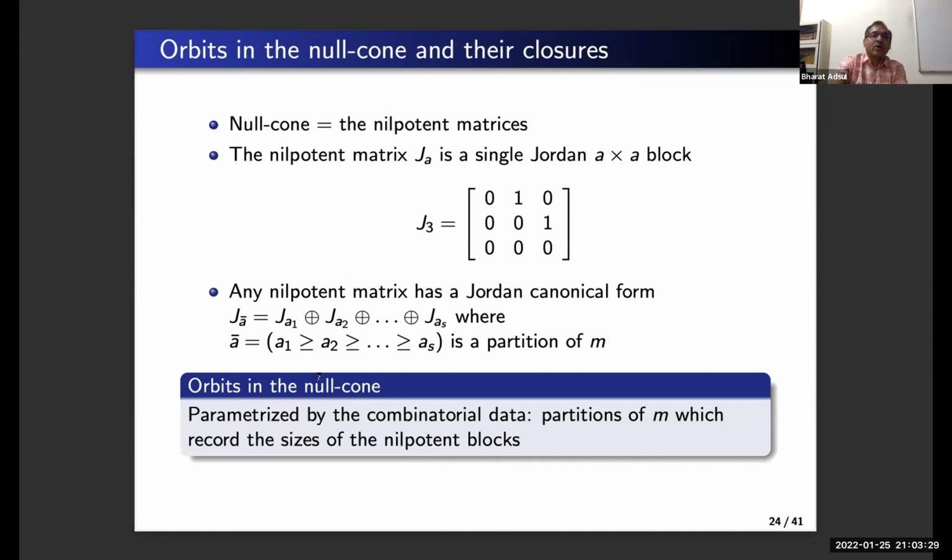Okay, so the orbits in the null cone are parameterized by this combinatorial data, which is partitions of the integer m, which essentially records the sizes of these nilpotent blocks. So inside the null cone, we have orbits parameterized by this combinatorial information. And in some sense, outside the null cone, we have closed orbits, which correspond to diagonalizable matrices, which are parameterized by numerical information about what eigenvalues and with what multiplicity. Okay, so they're kind of different